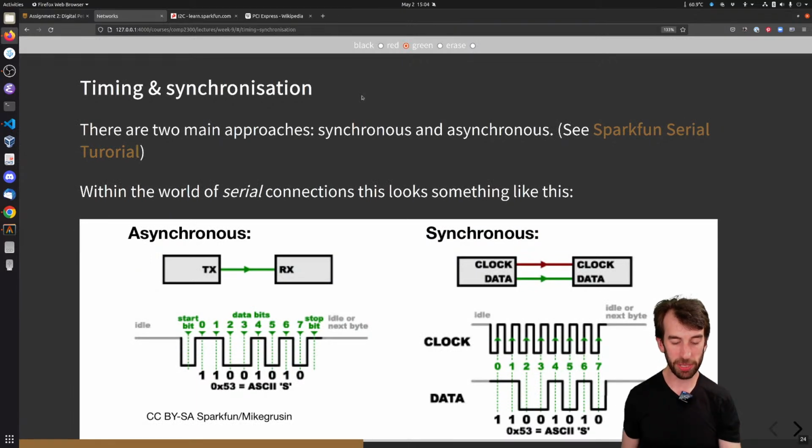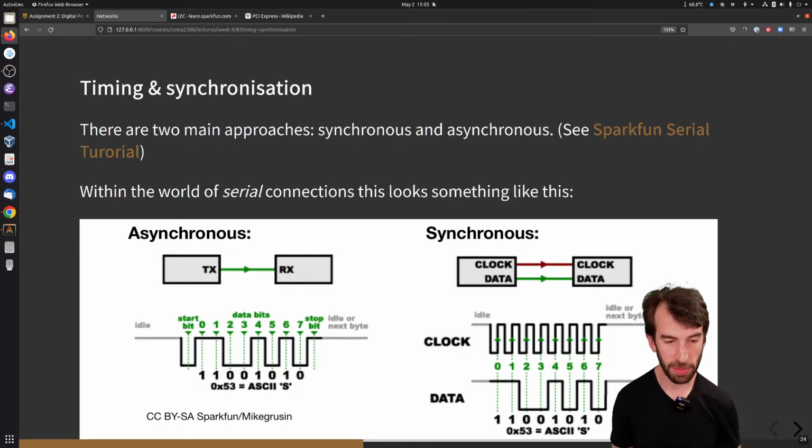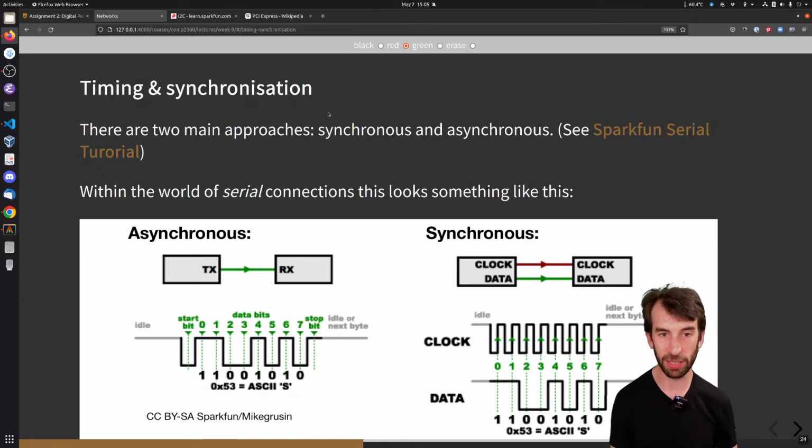Okay, now we're going to double down on serial and talk about a specific kind of serial connection and what they look like. So the first point to make is the different ways that a serial connection can be timed. You might have noticed that when we were looking at our little diagrams of bits moving across a line, we needed to know what time was. Like this, we should know to look for a change then, but there's no change. So we need to have some way of timing our